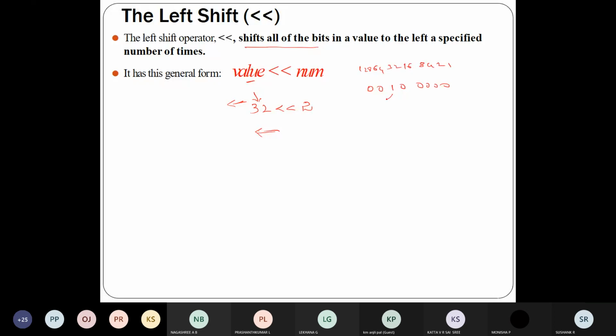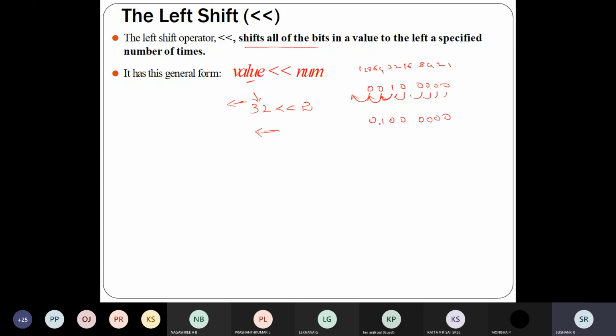So like this, this 0 will move, 1 will come here, and at the end you will be adding 0. On shifting one time you will get 0 1 0 0, then all the rest will be 0.